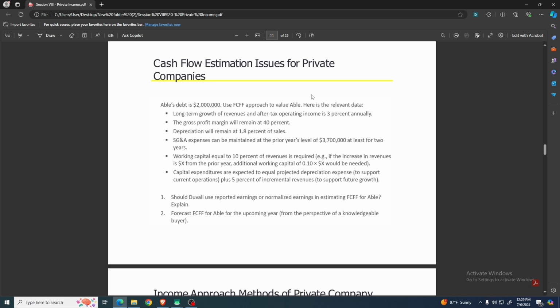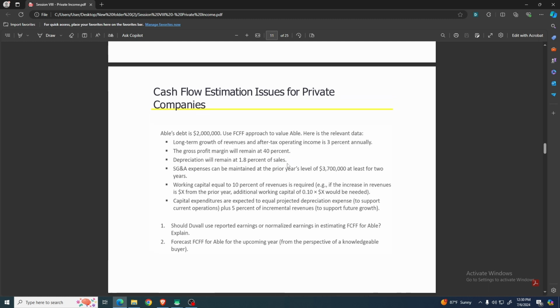And then you have the forecast FCFF for the upcoming year from the perspective of a knowledgeable buyer. The question asks us to do that. So let's do it as follows. Hope you would follow with me in this example. Let's see what it's going to be. We are going to calculate the forecast FCFF for this company using these data for the upcoming year from the perspective of a knowledgeable buyer, and we are going to start off with the revenue calculation for the upcoming year. So step 1,